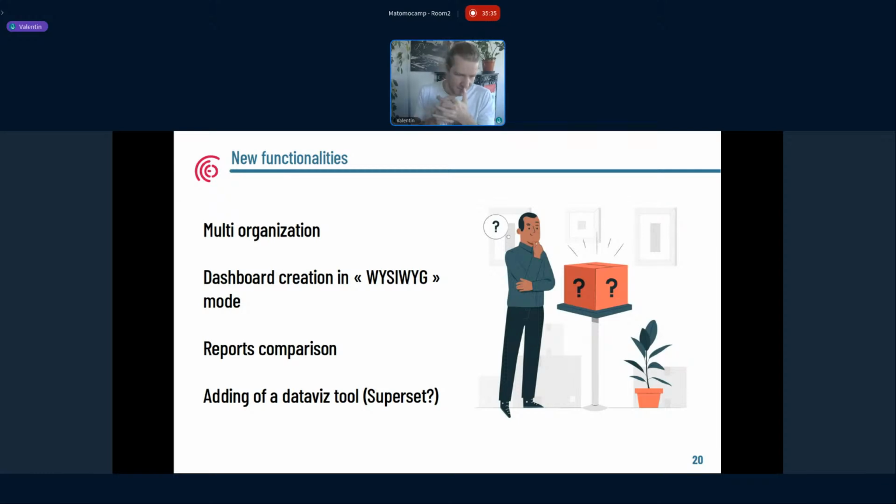But it's already in development. And adding some database tool like Superset, because all the Matomo community know that you can see some data from Matomo, but sometimes, especially marketing teams, want more data, more insights into the data Matomo has ingested. So that could be a great idea to add some database tool in our application.